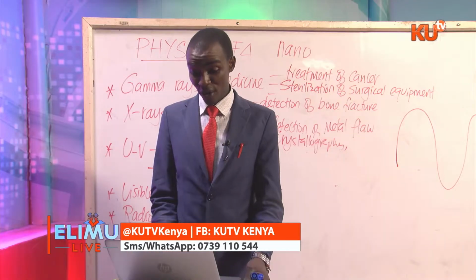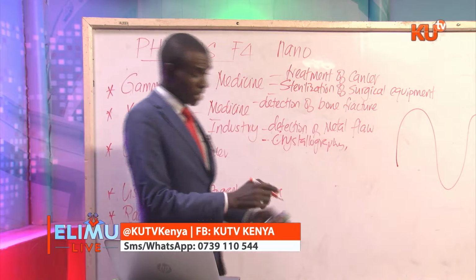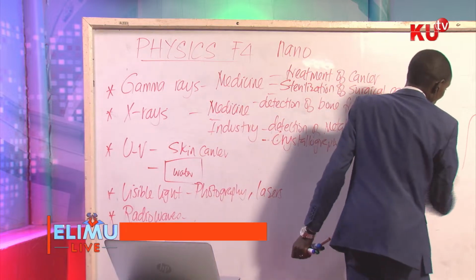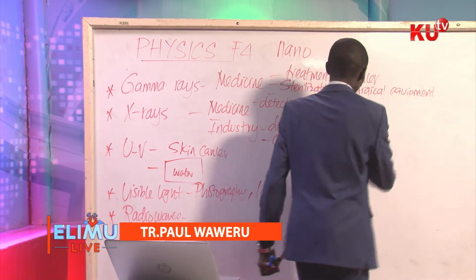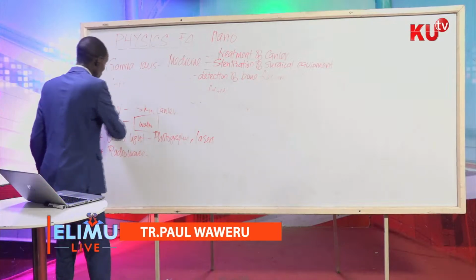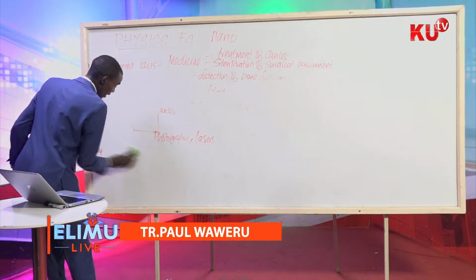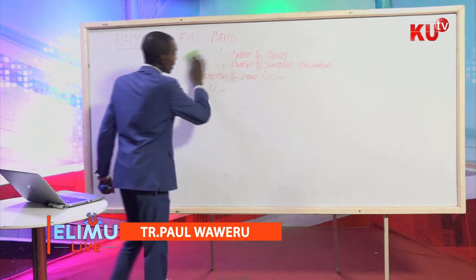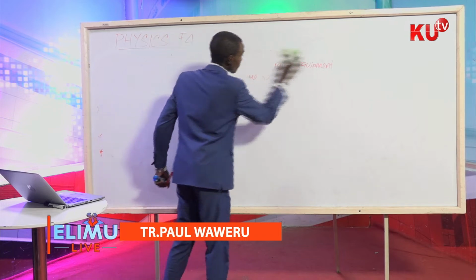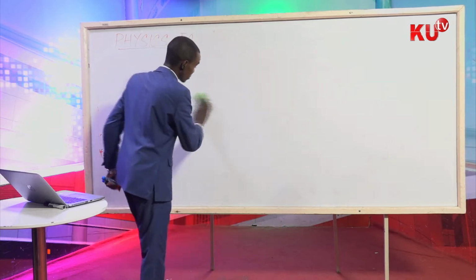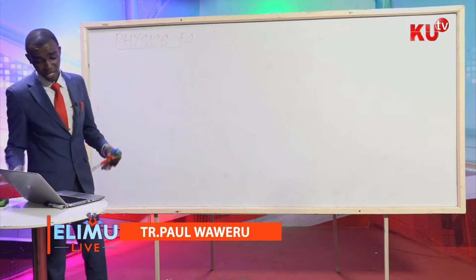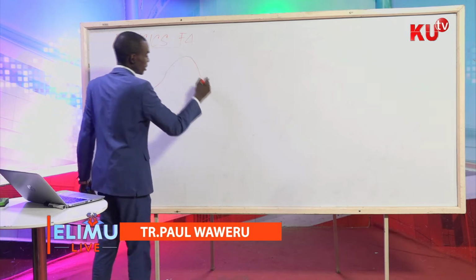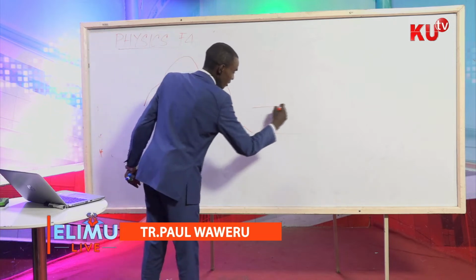There's something else about waves, in this case radio waves. Sometimes you wonder why, despite somebody maybe living on the other side of a mountain, they will still be able to receive a radio signal or a TV signal, and yet there is a barricade, yet there is a barrier. Because these radio waves undergo very high diffraction. Diffraction is whereby a wave encounters a barrier, let's assume this is a mountain, and somebody is living on this other side,